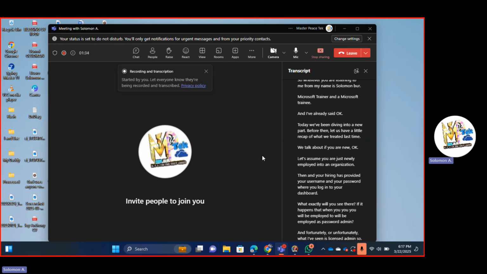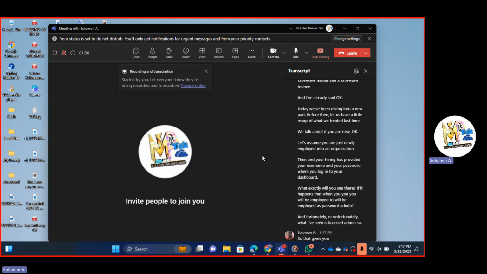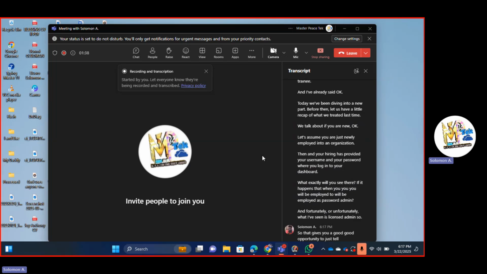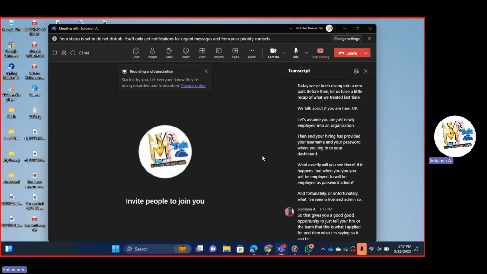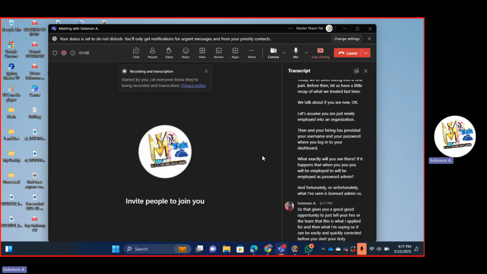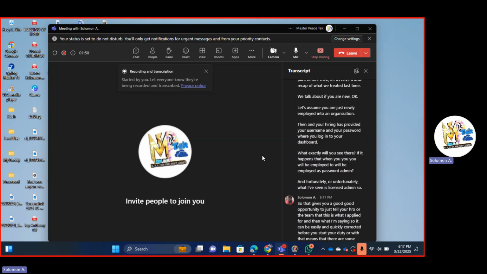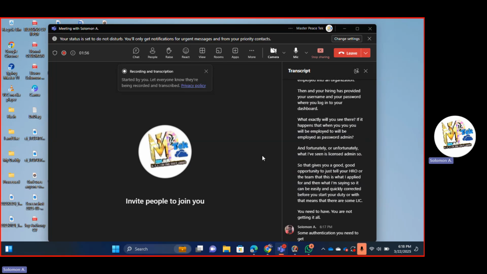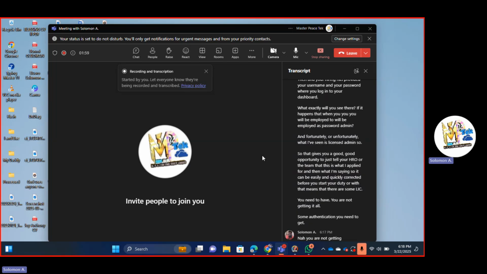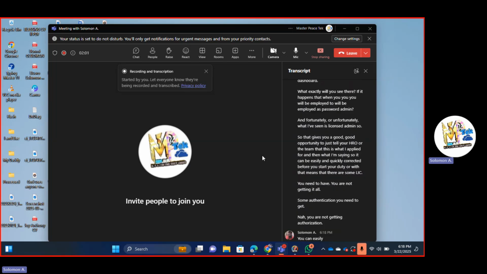That gives you a good opportunity to tell your HR or the team that this is what I applied for and this is what I'm seeing, so it can be easily and quickly corrected before you start your duty. Or if there are some licenses you need to have and you're not getting them, or some authorization you are not getting, they can easily identify it